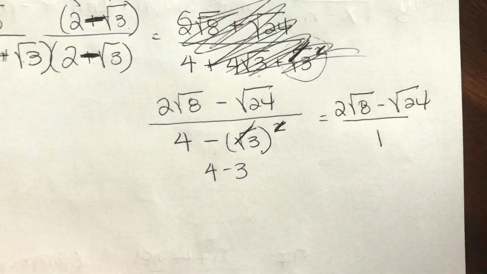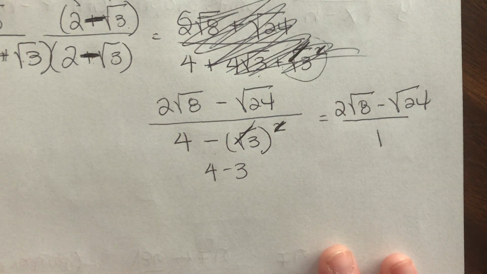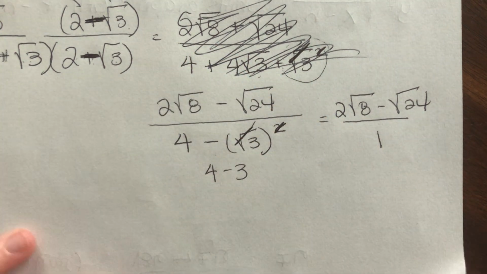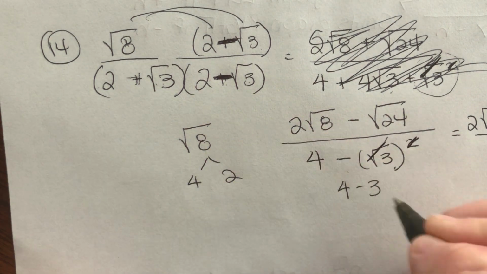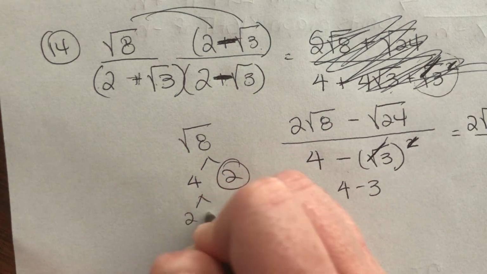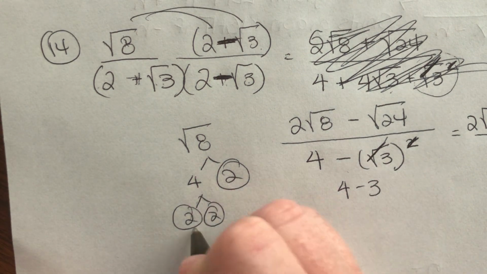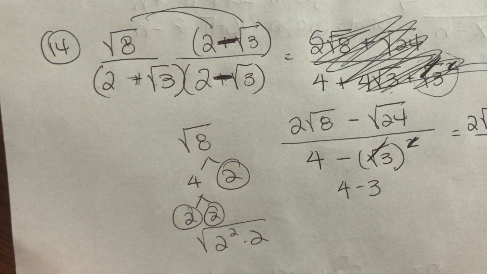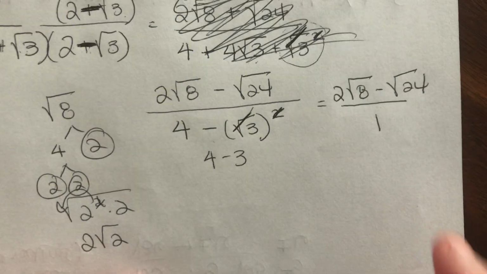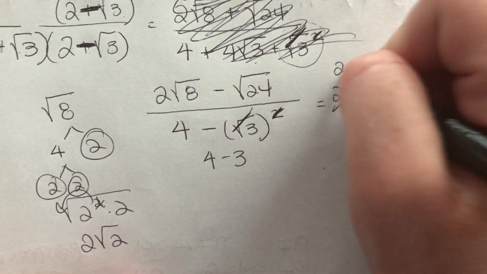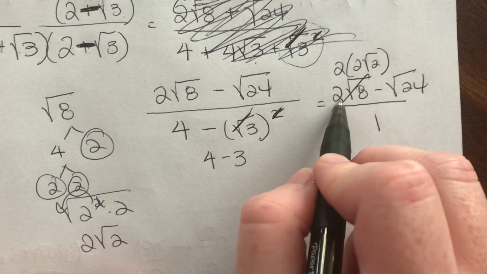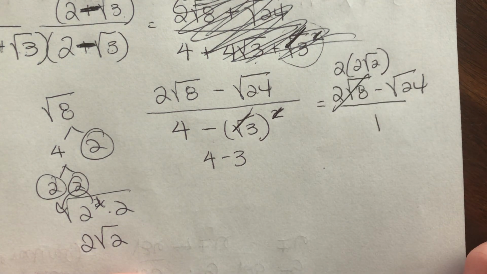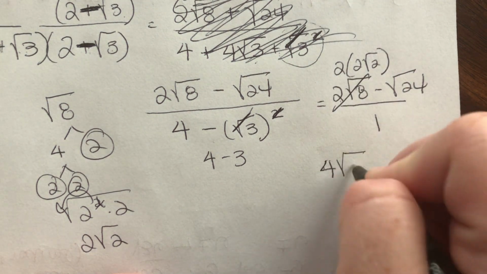Let's see if I can simplify that at all. Over here to the side, can I factor square root of 8? Yeah. I can factor 4 and 2. 2 is a prime number. I can factor that into 2 and 2. Right? So it becomes 2 squared times 2. So this little 2 hops out front, and I get 2 square root of 2. So that becomes 2 times 2 square root of 2. There was already a 2 out front, so don't leave that 2 out. So I get 4 square root of 2